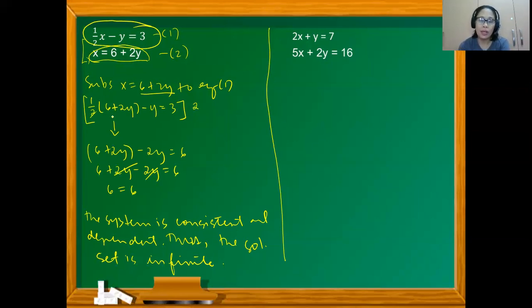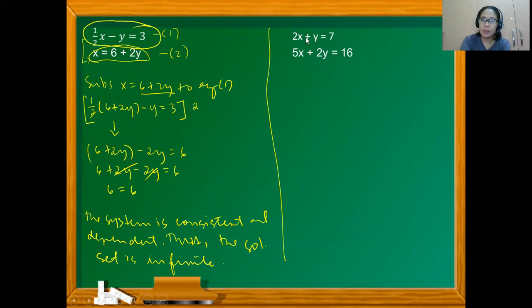Now, in the event, class, that the variables are canceled and we come up with the left side not equal to the right side, the system instead is called inconsistent, and the solution must be an empty set. Okay? So next,